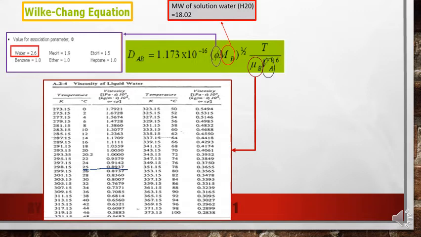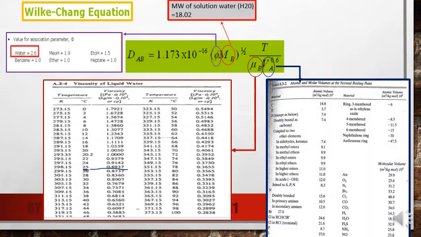Alright, next one is VA, which is defined as the atomic and molar volume. This one refers to the component. Be careful, this one is for solute A, it's not for solute B. So let's say we have solute A as ethanol, ETOH, I just simplify it, ethanol, and solute B is